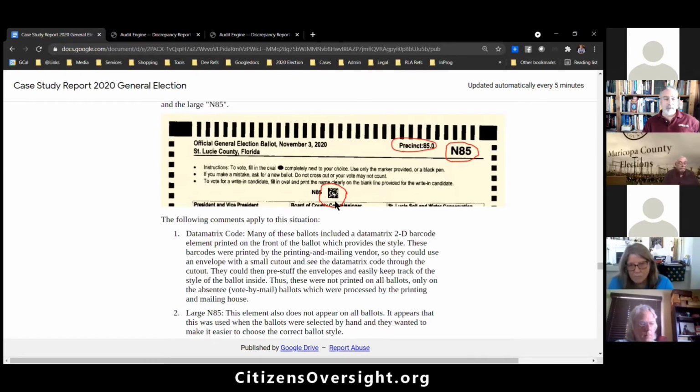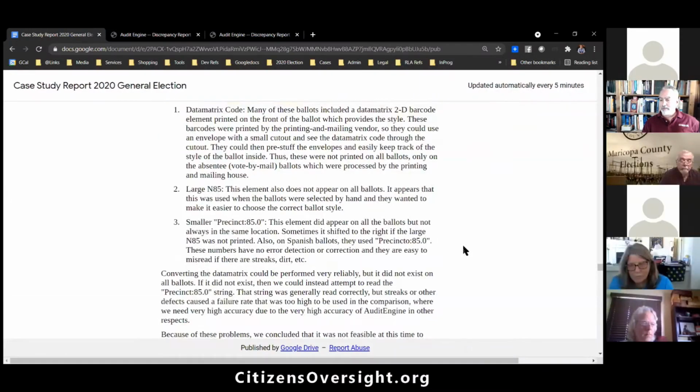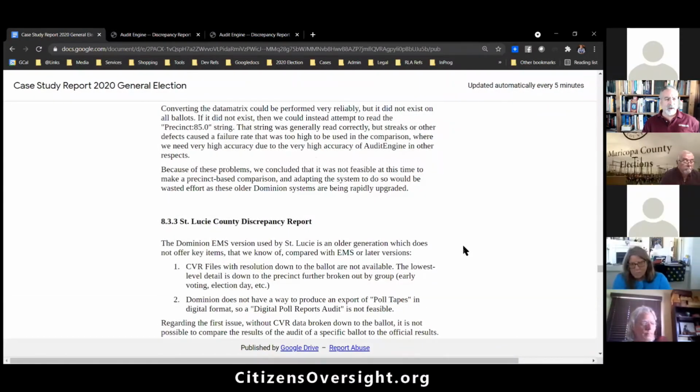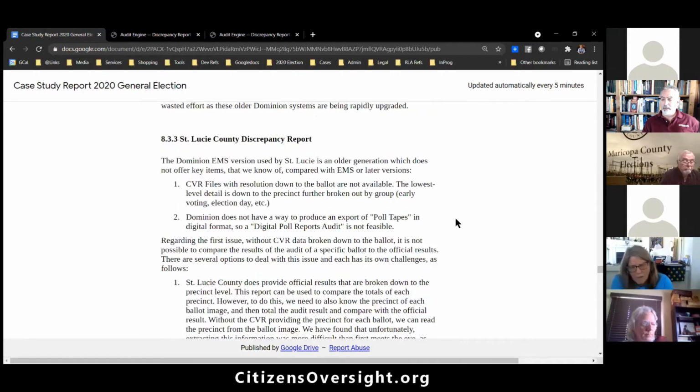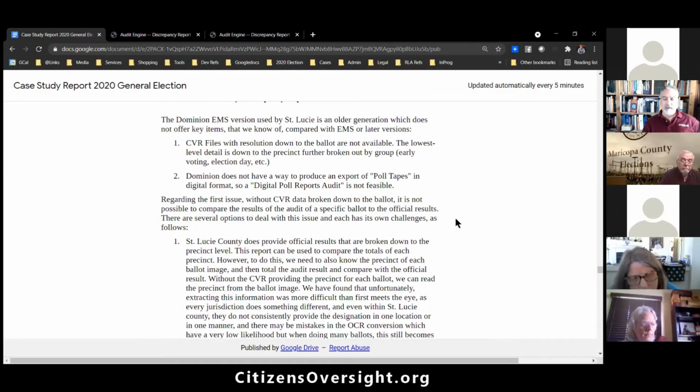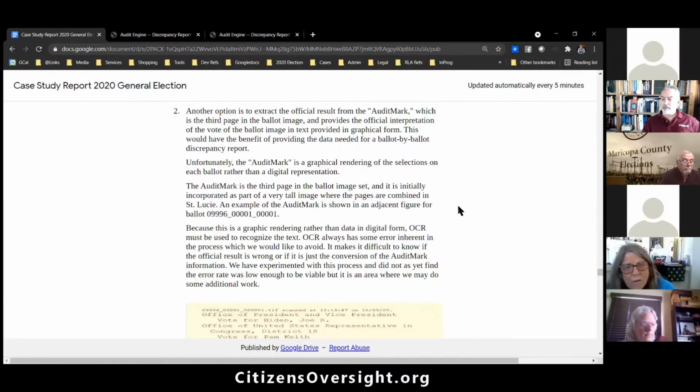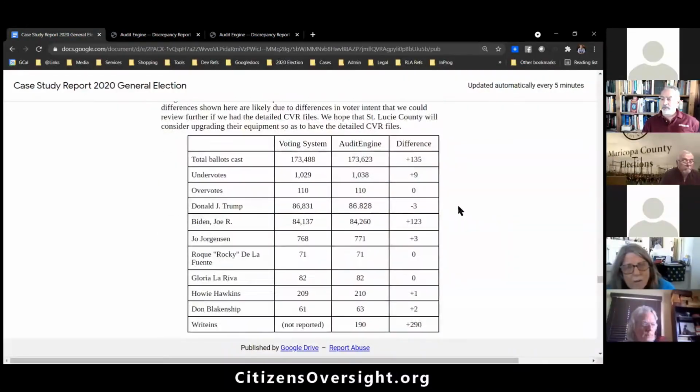And the data matrix code would be, but they just didn't put them on. They didn't put this big N85 one all the time either. You take that off and then this one moves over to the side. So there's like 1, 2, 3, and then 4 with this moved over places you could possibly look. And we do look at all the places, tried to figure that out, and decided that for now anyway, we're hoping that places like this will upgrade so we have a better cast vote record. But even with that said,